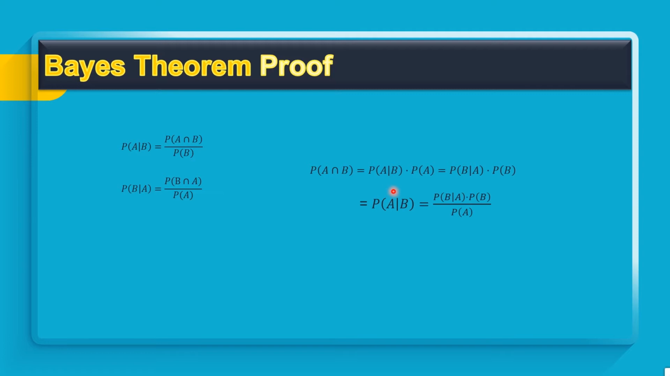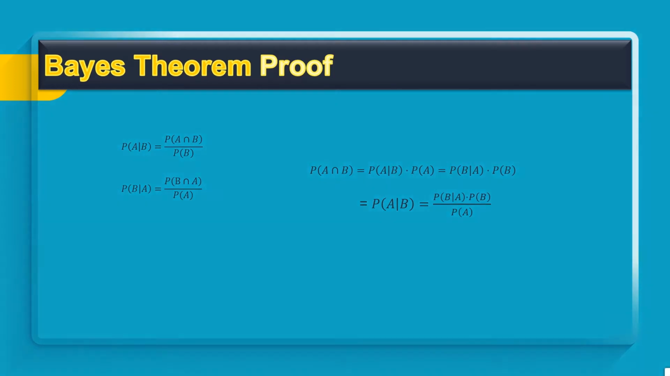Now from this method, as you can see, we get our final Bayes theorem proof, which is the probability of A given B equals the probability of B given A into the probability of B divided by the probability of A. While this equation applies to any probability distribution over the events A and B, it has a particularly nice interpretation in the case where A is represented as a hypothesis H and B is represented as some observed